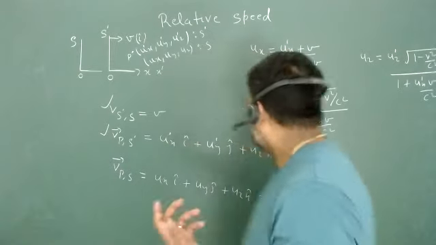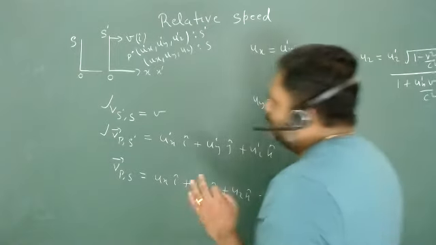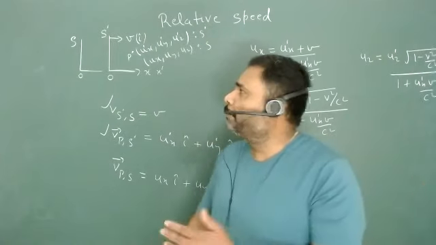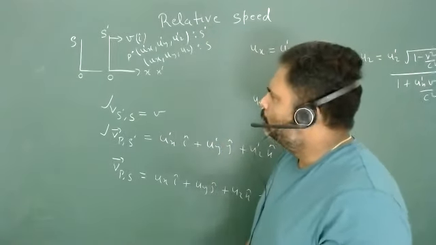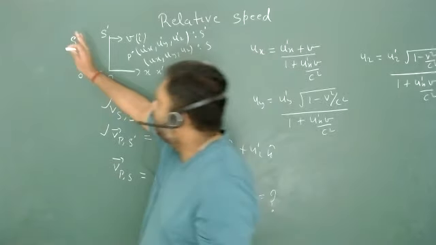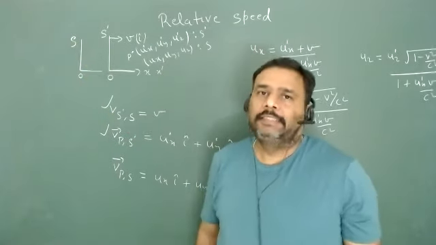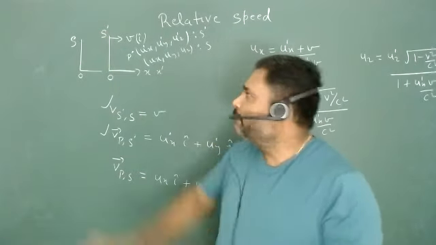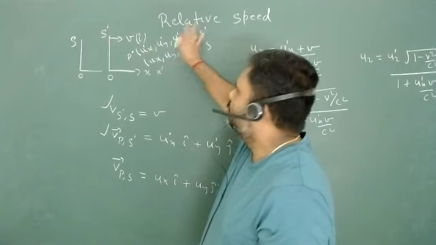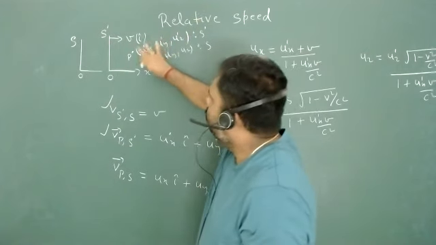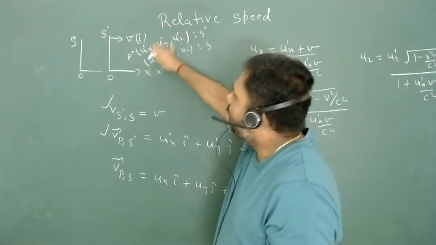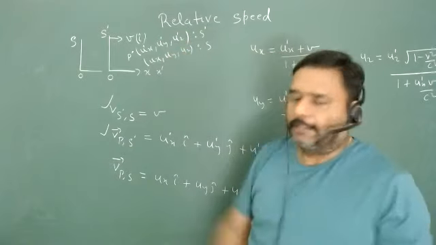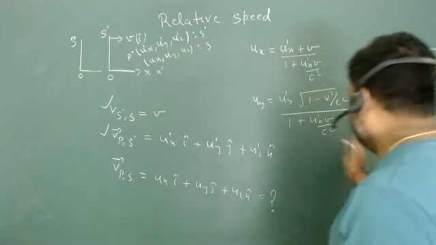I have made one particular diagram, and looking at this diagram will always remind you of the historical development of this story. You remember, first I decided what my S frame is. Then we decided what my S dash frame is. Then we decided what ux dash, uy dash, uz dash are. And once you know ux dash, uy dash, uz dash, I can make a provision to get ux, uy, and uz. Look at how I can draw it.